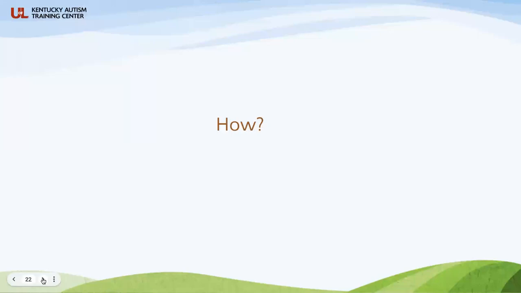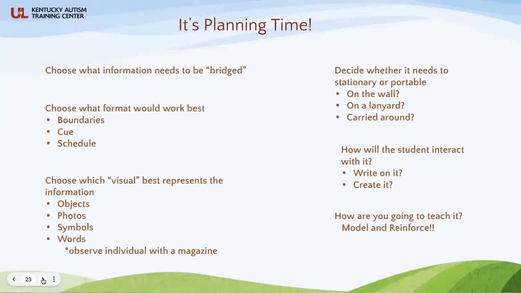Okay, so hopefully that gave you some ideas. And now the question is how do you do it? Well, we started talking about the planning stage, right? So let's use that information and build upon it. Okay, so first you're going to decide what information needs to be bridged, because you're not providing a visual support for everything. So what is it that is being repeated, asked about, that they don't seem to understand when you say it with just words,